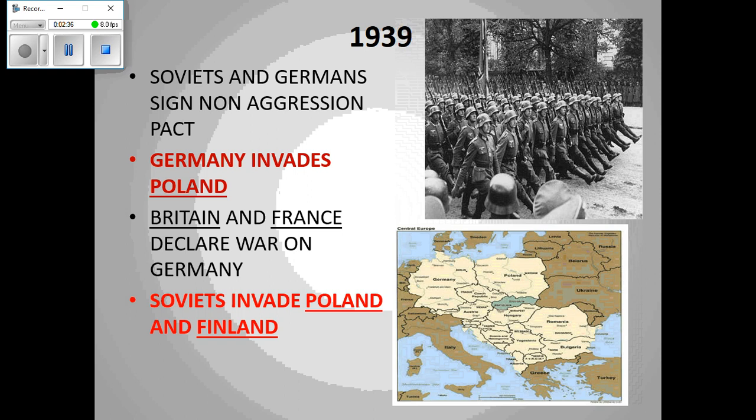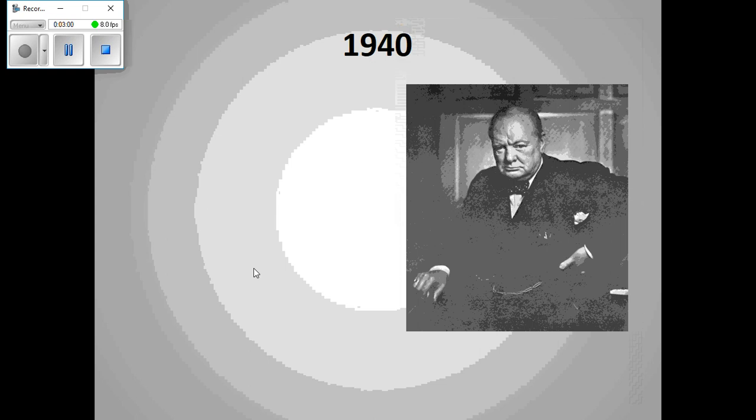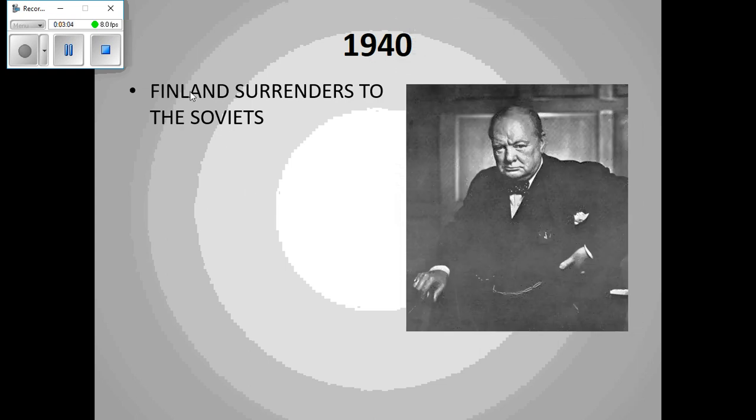Now, the Soviets follow their part of the deal with Germany, and they take the eastern half of Poland, but they don't stop there. They also take Finland, because you have to remember, a big part of communism is to spread communism throughout the world, and the Soviets see this as their chance. So they invade Finland. Finland fought back for a few months, but they weren't able to hold up. And so the Finns fall to the Soviets early in 1940.